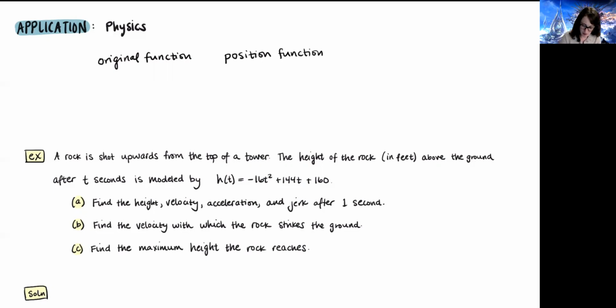We normally use s of t to notate the position function. I don't know why s, but it normally is. Or in the context of something that represents height as distance, we might use h of t. In the next column here, I'm going to remind you of what the units might be for some of these. So just for sake of an example, say that your position function or distance function is measured in feet. If we find the first derivative